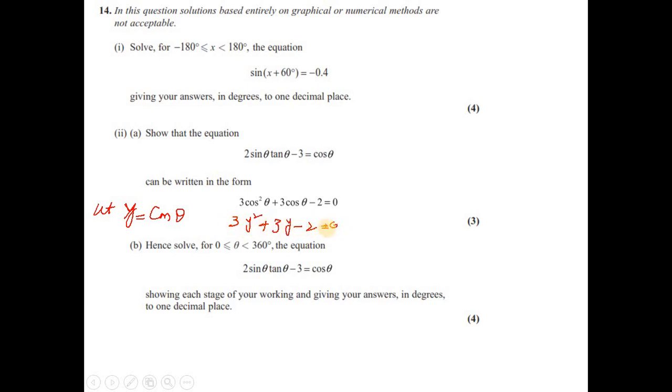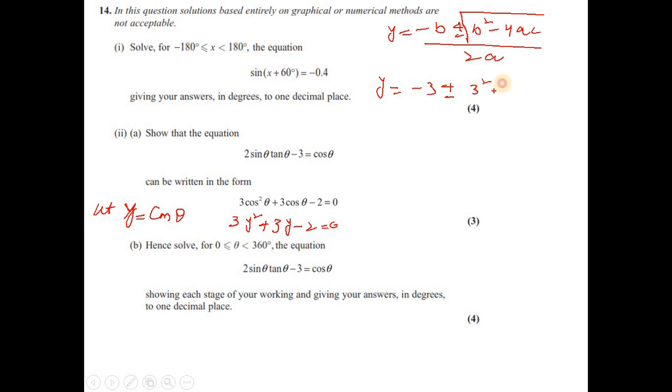Clearly, this is a quadratic equation in terms of y, and if it can be factorized, it's good. If not, then we need to use the quadratic formula, and yes, we cannot factorize this equation because 6 cannot be split into 3 and 2 in a suitable way. So we need to use the quadratic formula to find the value of y. So y is equal to minus b plus minus root of b square minus 4ac upon 2a. If you substitute the values, y is equal to minus 3 plus minus root of 3 square minus 4 times 3 times minus 2, upon 2a,